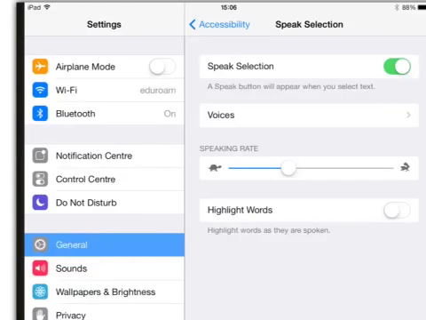This is the speak selection button. You can alter the speed so it reads quick or slow. You find speak selection by going into General. You then can turn on the speak selection. You can select the voice, and then you can select how fast or slow you would like it to speak